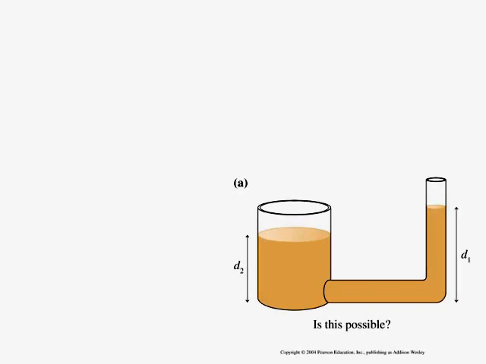So this would be impossible because the surface pressure for both containers, the pressure at the surface of the liquid for both, is 1 atmosphere. But I can't have 1 atmosphere at a greater height than at another location, meaning if I go down on the container on the right, down into the fluid to be at the same depth as the surface of the container on the left, I must have increased my pressure from 1 atmosphere. But then I can't have the surface on the left be at 1 atmosphere. So surfaces have to be at the same level, or fluid always rises to the same level, so it ends up being the same pressure.